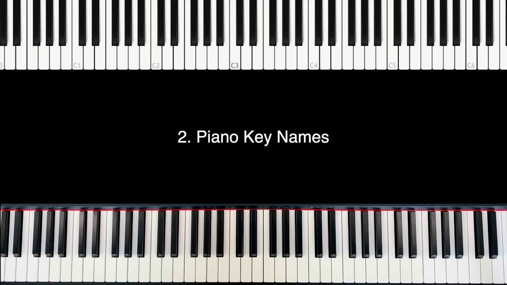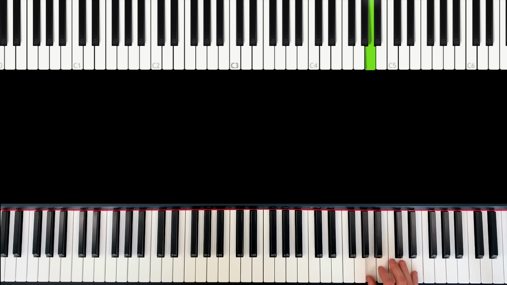Okay, now let's talk about the piano key names. And that maybe will surprise you, because the piano key names are the same as the letters of the alphabet. We have A, B, C, D, E, F, G. But we stop at the G, because after the G, we repeat the same: A, B, C, D, E, F, G, and so on. So it's really like the beginning of the alphabet, it's just letters. But how do you know which letter is assigned to which key?